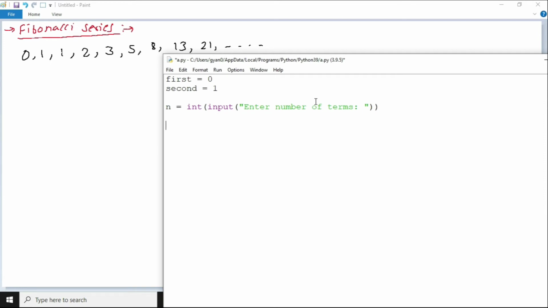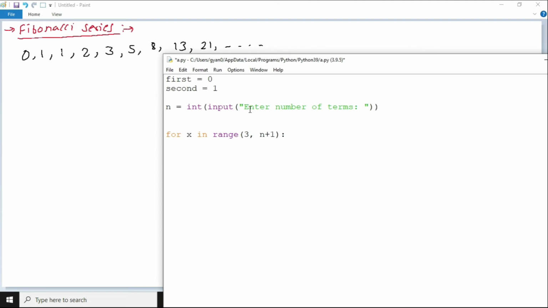After that, you have to go through each term of the series and decide what to print on that term. So start the for loop for x in range. Now tell me what should be the range. We already have decided the first two terms. Therefore, you start from the third term onward. Got it? Start from 3 and go up to n plus 1 because that many terms you want to print.